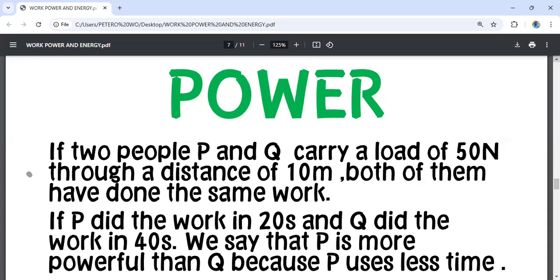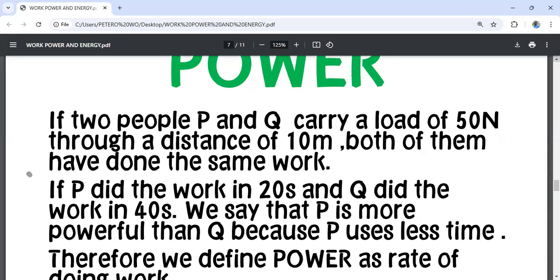We say both of them have done the same work. Why? Because they have the same force and they have moved the same distance. But if P did work in 20 seconds, whereas Q did work in 40 seconds,